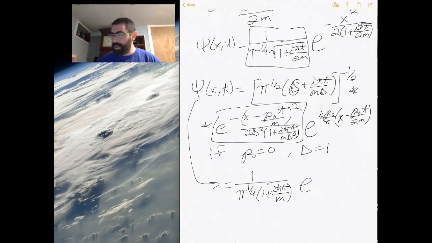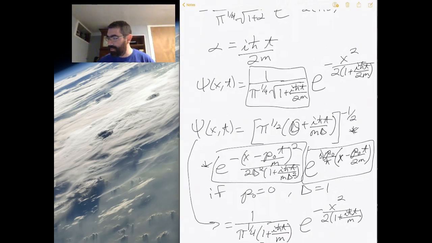Delta is equal to 1, and so we get e to the minus x squared over 2 times 1 plus I h bar t over m, and then p0 is 0, so this term right here just becomes 1. And so the question is, what did I